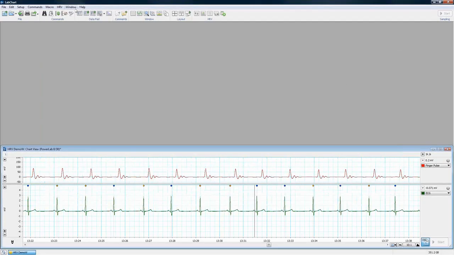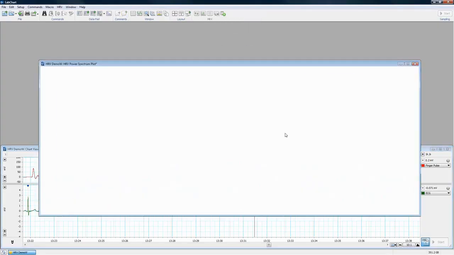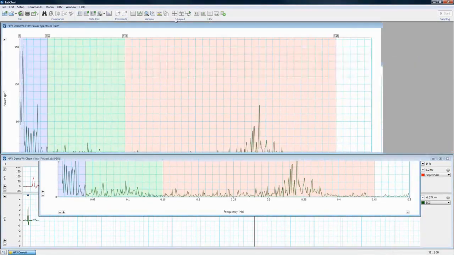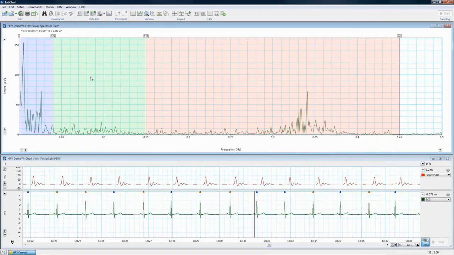Last but not least, we come to the spectrum, the power spectrum. For those of you who are users of the previous versions, it definitely looks a little bit different. We still have the lines drawn as we did before for the different bands, but we've provided you some color coordination now for very low frequency, low frequency, and high frequency. We can, of course, control the dividers in our settings window, but we can also drag them around if we'd like